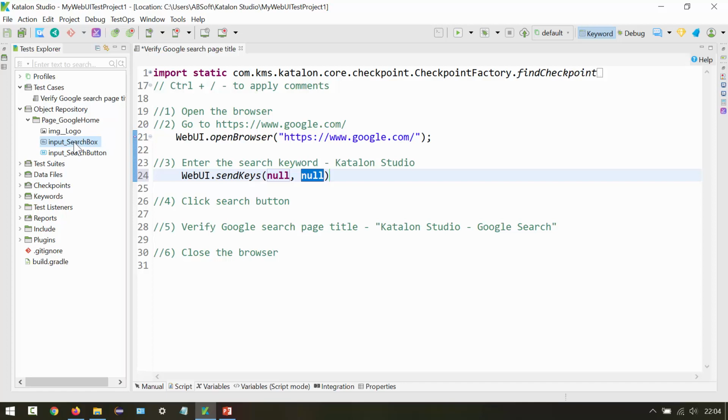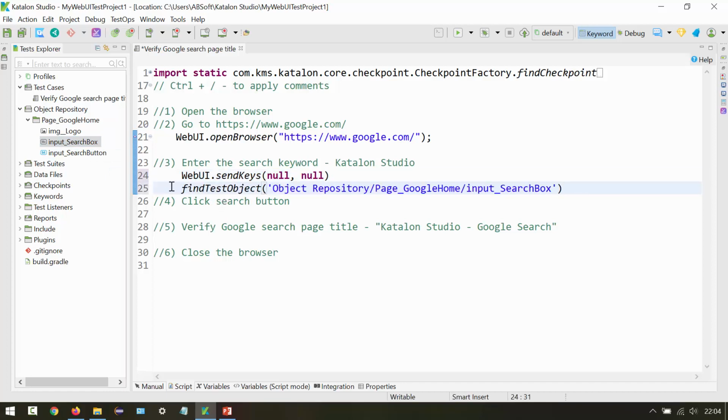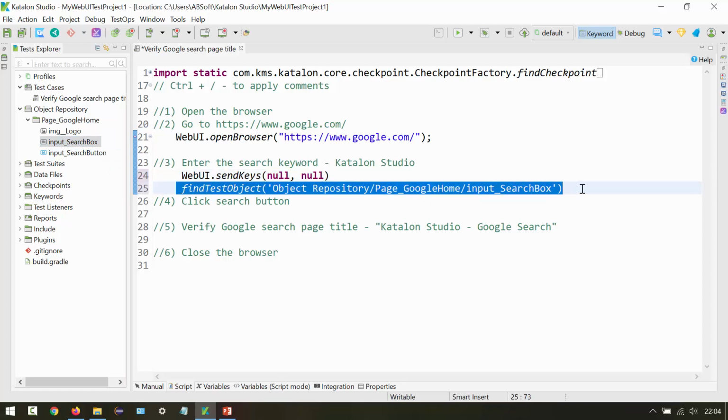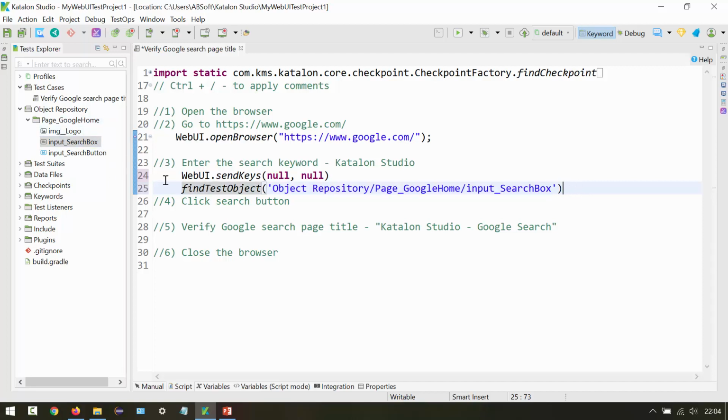To point to this object, we can drag and drop. So I can drag and drop here. See, this is the object. This is how you can find an object in Katalon Studio. Once you capture, this is the command. Find test object, then the whole path from the object repository. So object repository, then page Google Home, then the actual name. We need to give the whole path from the object repository root, and then this is the method find test object. So this is the test object,